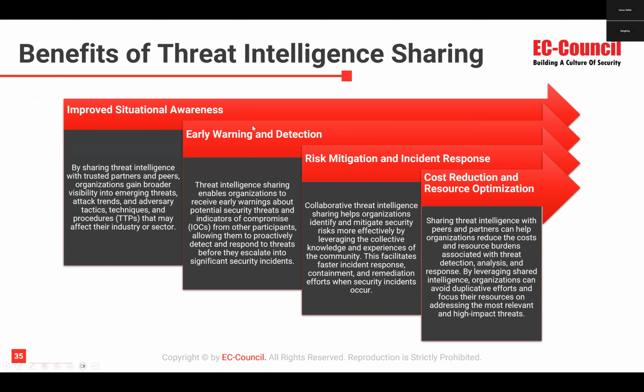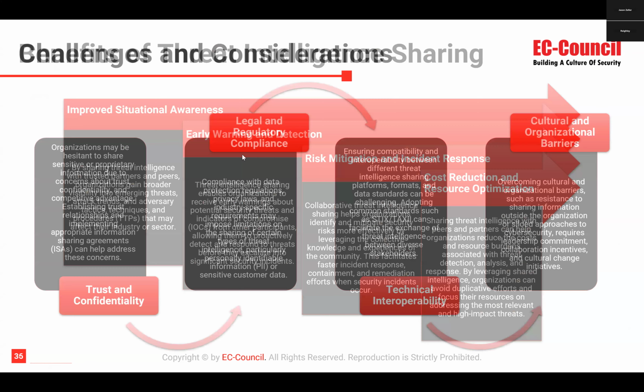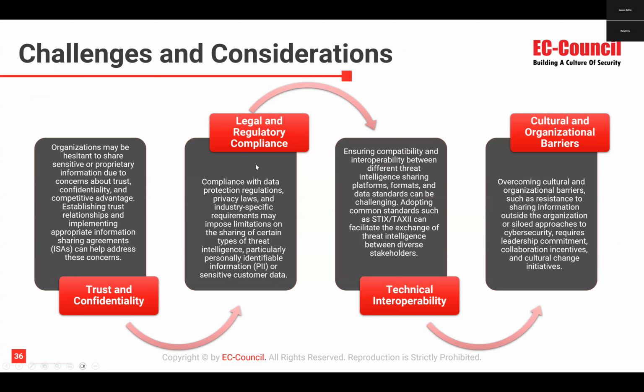Let's see here. The whole benefit of threat intelligence sharing is improved situational awareness, early detection, warning, risk mitigation, and cost reduction of resources. Challenges or considerations there are making sure that they're trustworthy and confidentiality. Obviously, you don't want to be sharing information that's going to be used to get back against you. Any kind of legal or regulatory compliance, particularly if it has any kind of personally identifiable information or sensitive customer data going through there, any kind of technical interoperability, meaning that it's in a common standard format like STIX or TAXII,